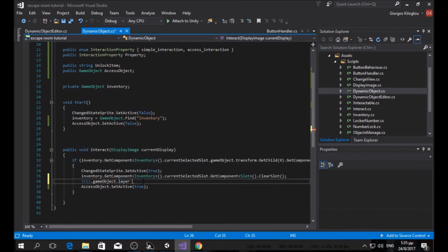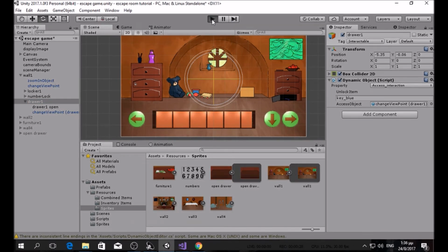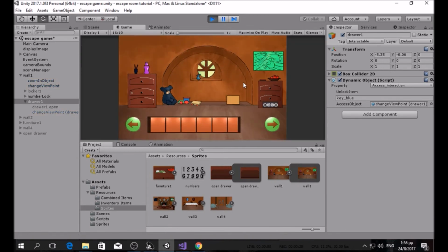0 to 2 actually, because when we interact with it, we don't want to interact again. We open it once and that's it. We don't need to open it multiple times. Will this work? I'm not sure, but let's test this out. So in order to open this drawer, we need this. Oh,